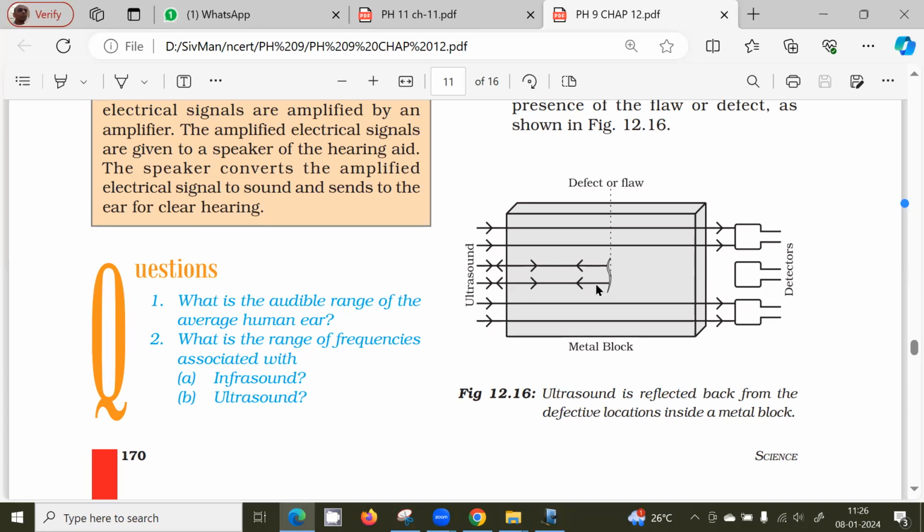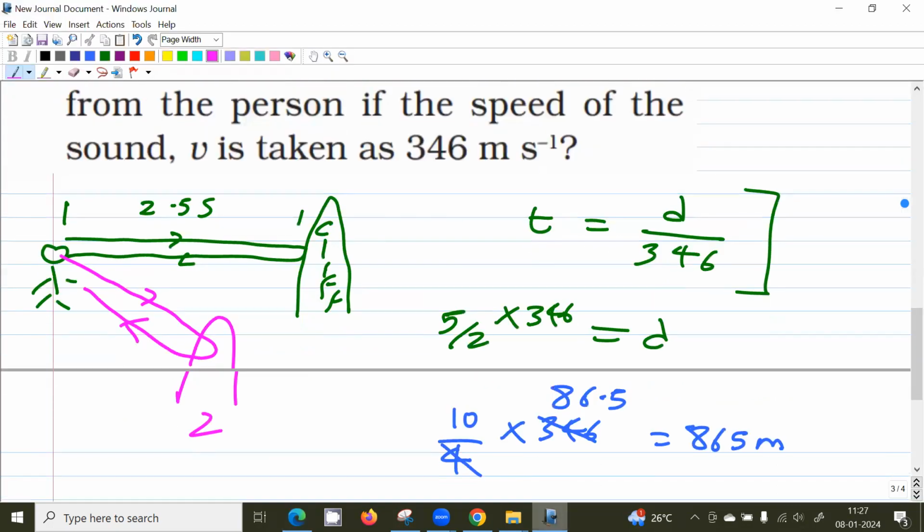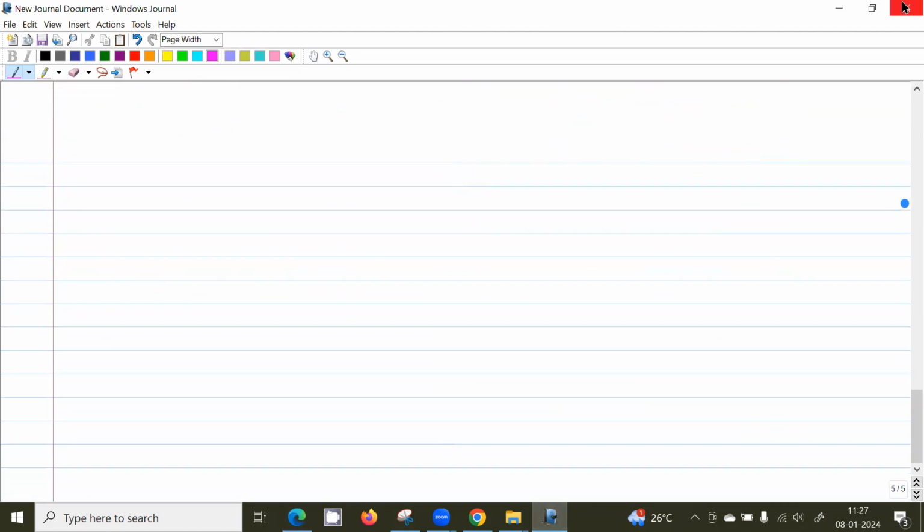So, like you said, the hearing range of a human is 20 hertz to 20,000 hertz. Hertz is the unit of frequency, right, sir? Yeah, frequency. Does the human hearing range depend on the frequency of the sound wave? Basically, whatever sound is created, it will have a frequency. But for a loud sound, we can't expect more frequency, right, sir? No, frequency and loudness are different.